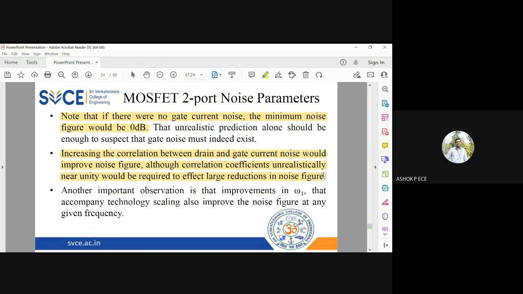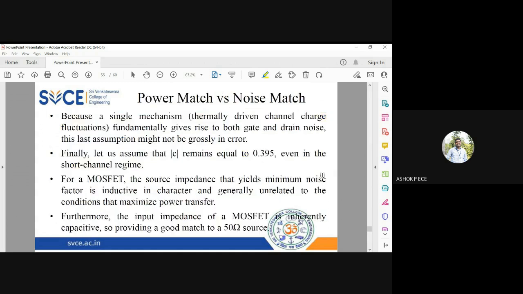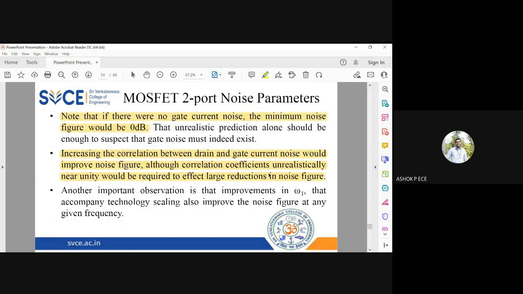So one observation is that if you scale the technology, you can improve the noise figure. Scaling means you are using more components per area. So that is going to increase the value of the noise figure at a given